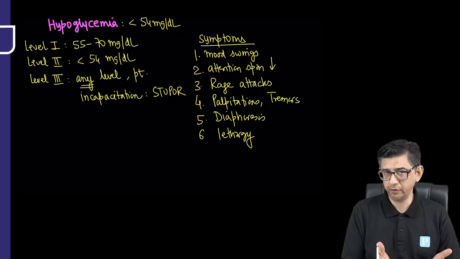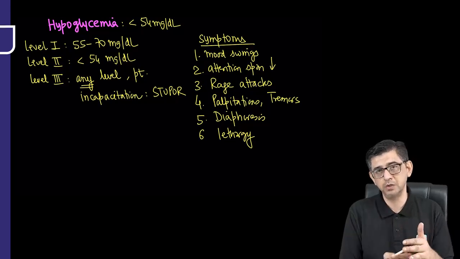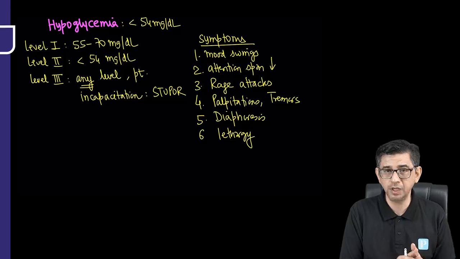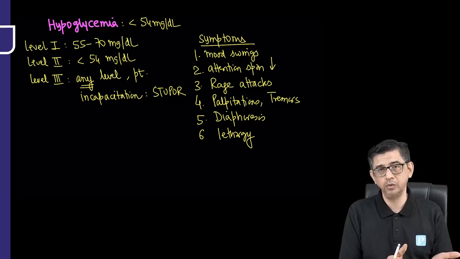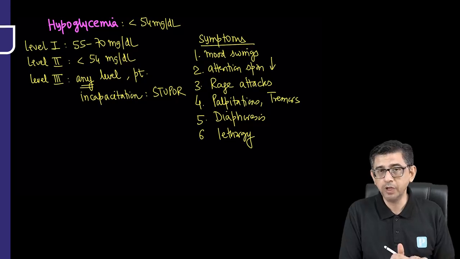Nowadays we have glucometers available, so with a prick we can evaluate whether a person is hypoglycemic. If you have a CGM, then the chances of a person going into a situation like this is unlikely, because with continuous glucose monitoring, the dip of sugar can be seen on a digital display as well. But most of the time, people may not have access to it,